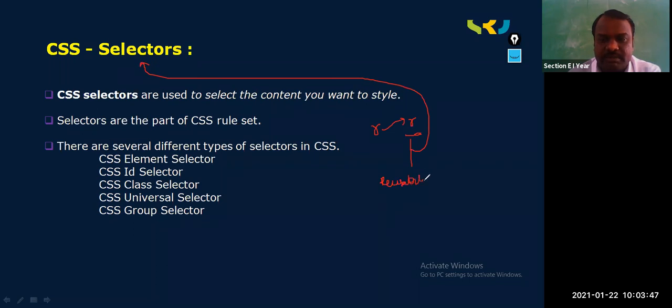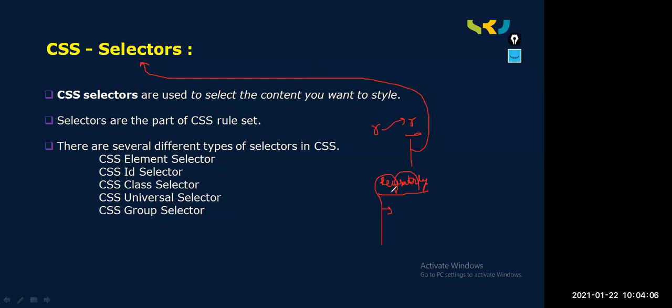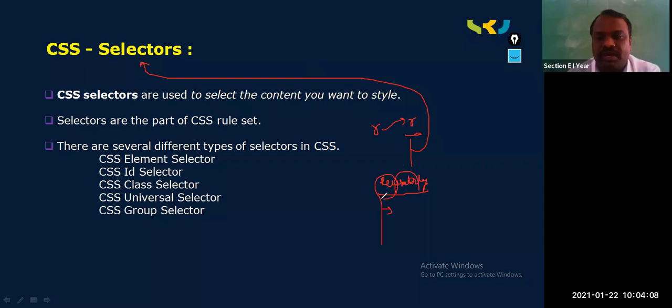What is meant by reusability? It is one of the advantages of CSS. What is meant by reusability, guys? Using many times. Very good. So we will write one property only one time, and if the properties need to be repeated multiple times, then we go for the selector types.